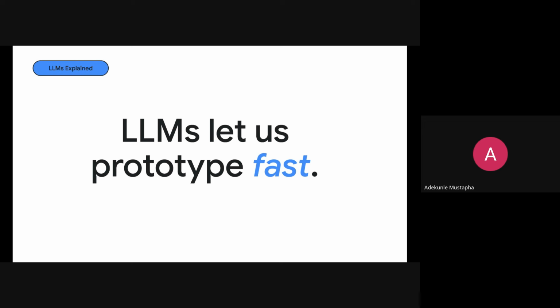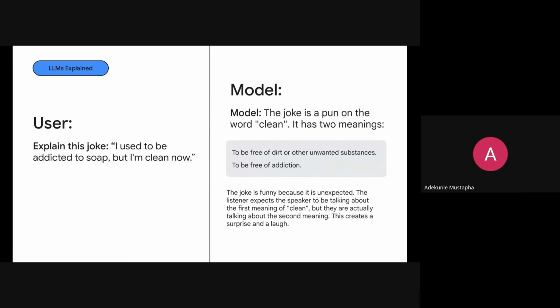But now with LLMs, you can explore an AI-powered idea in minutes, and you don't necessarily need so much machine learning expertise, as we will see at the tail end of this call. Thanks to this really impressive beauty of LLMs, they are also able to perform well on a new class of human language tasks like explaining humor.